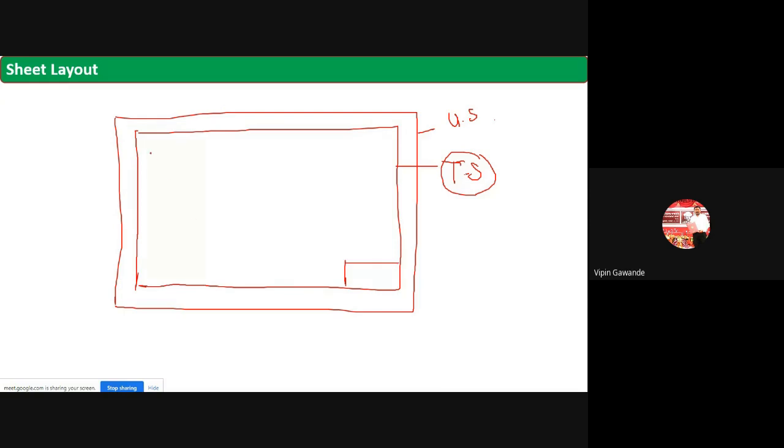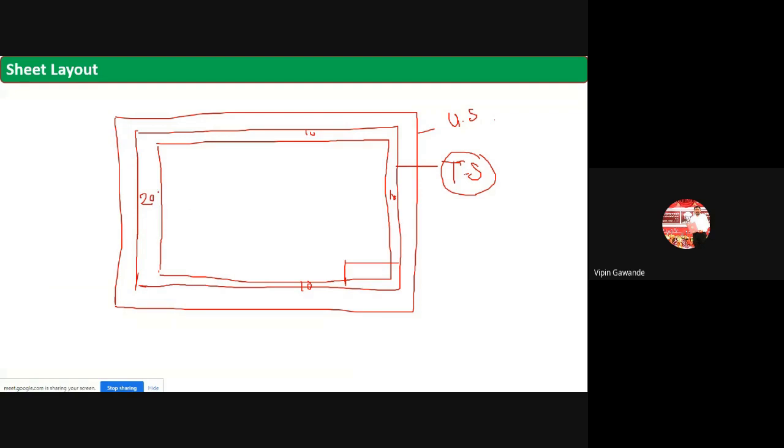Now after that, from the left hand side you have to take 20 mm. Okay, you have to take 20 mm here. Then from all the other sides you have to take 10 mm. So then you have to draw one rectangle here. Sorry, the title block comes afterwards. Okay, so 10 mm here. This is 10 mm here. Then from here 10 mm, and here it is only 20 mm.